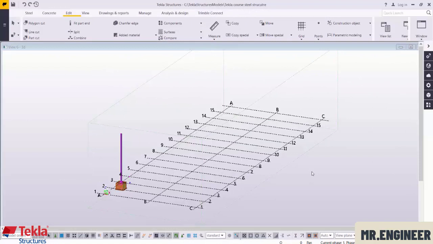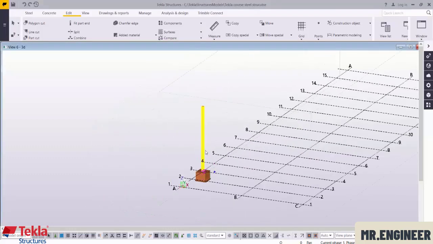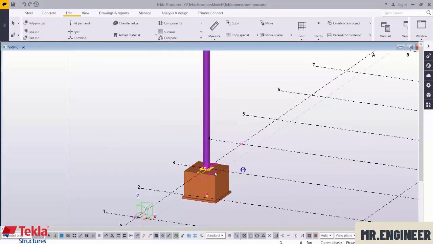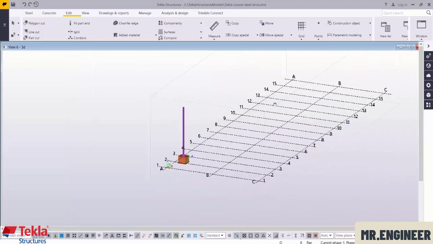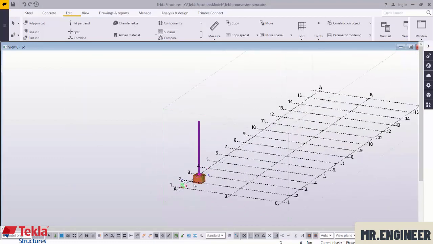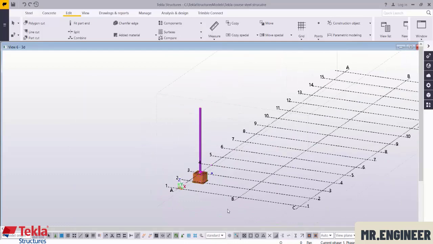Hello everybody, welcome again to our Tekla course. Now in this lecture, we want to copy the columns, the base plate of the columns, the foundation, and the clear cover to the other grids. Okay, so to do this, let's